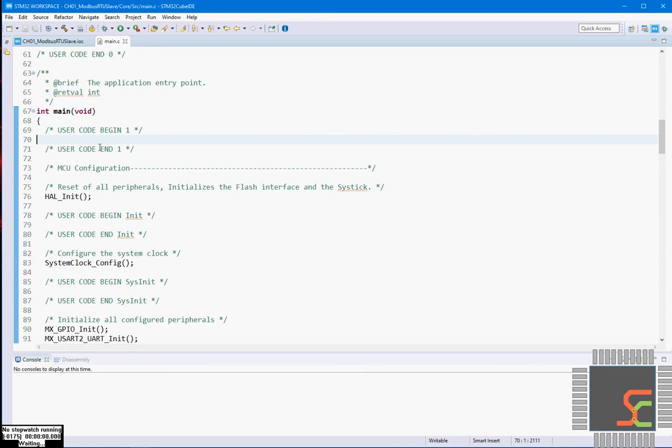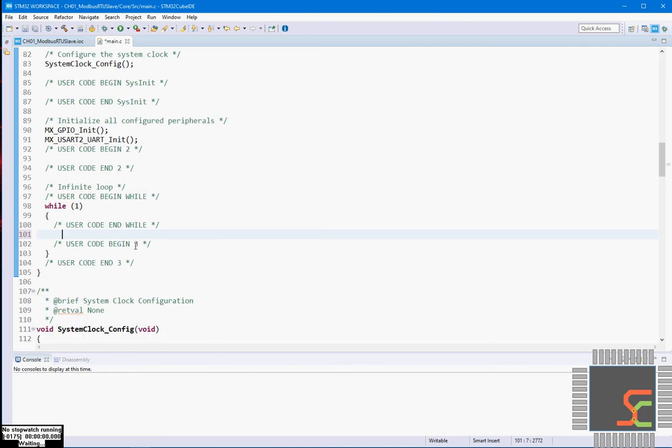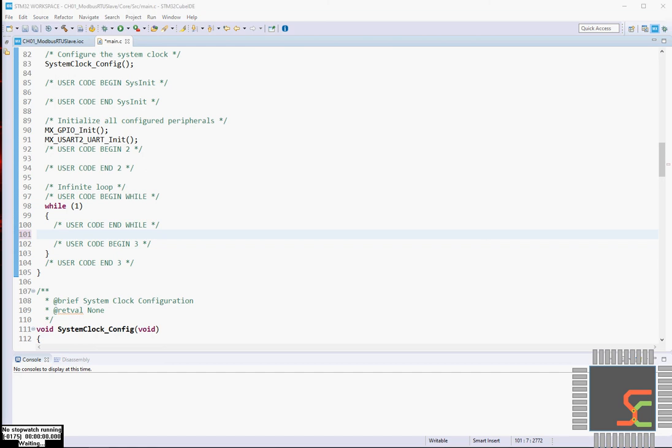And finally in the main code, we should continuously check for the Modbus master message. That happens through the interrupt, and once that is received, we will process it. And once the reception is done, we will again be at the beginning of checking for new data.